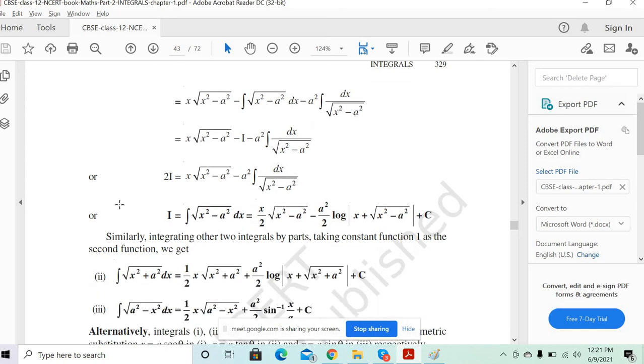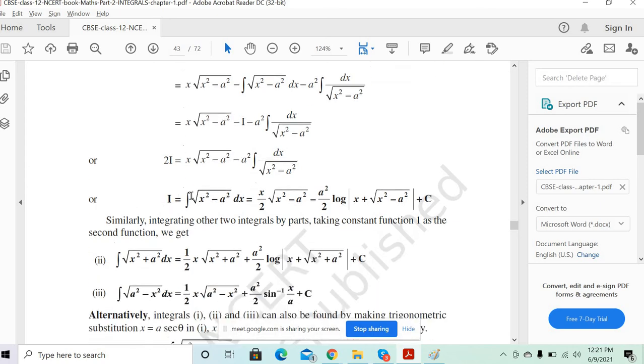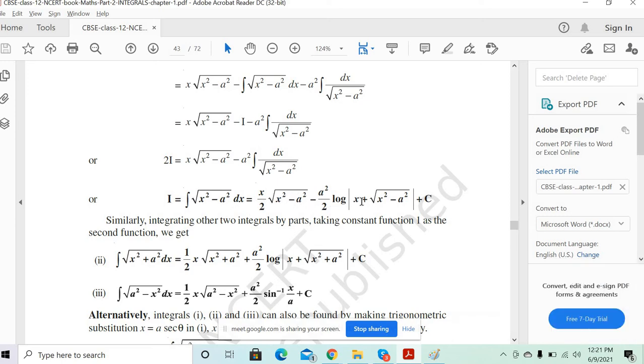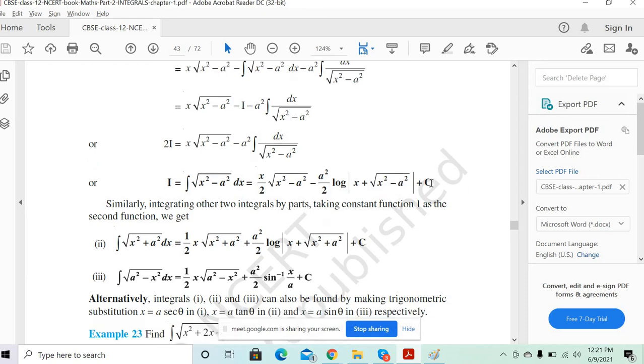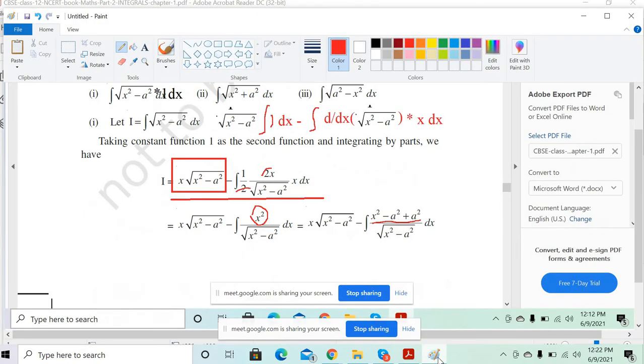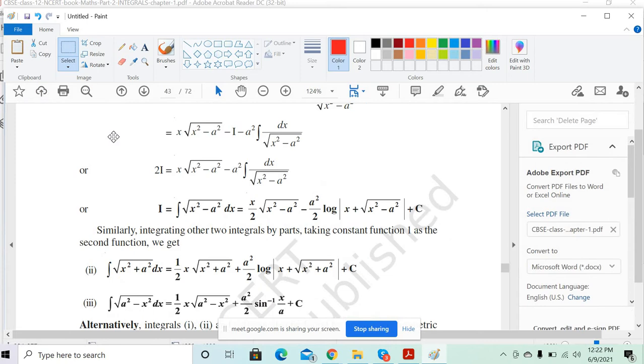You get I is equal to x by 2 square root of x square minus a square, minus a square by 2 log of x plus square root of x square minus a square, right? Yeah. You get the same formula, same value? Yes, sir. Excellent. Now let's try to analyze that part. So you got it in a similar way. Now if we just see here,